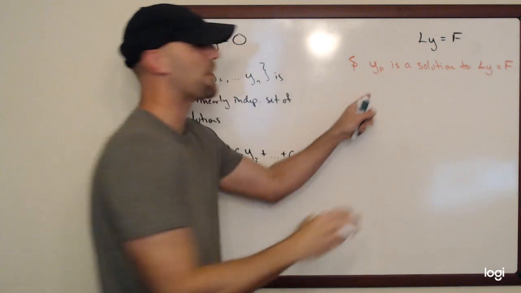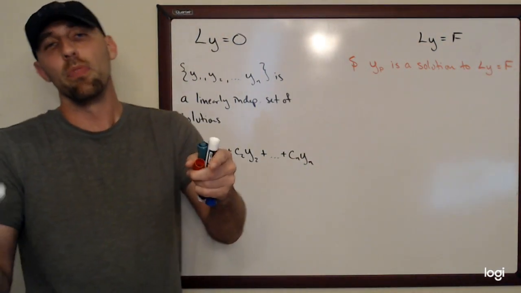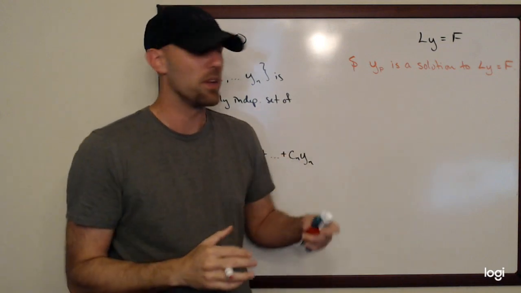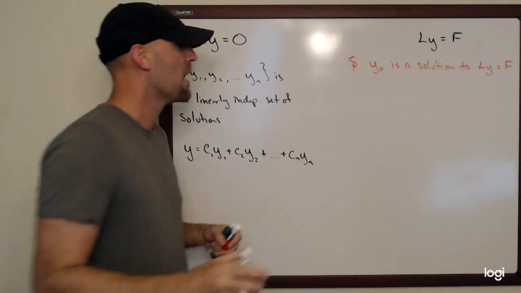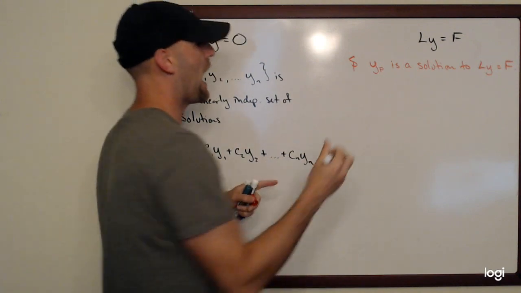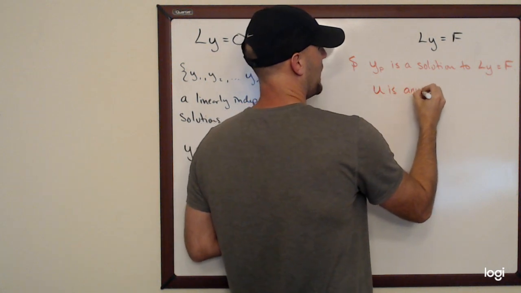So I found one, right? Maybe it was by trial and error. Maybe it was by the method of undetermined coefficients. We'll do that later on in this lecture. But again, suppose I found one of these, okay? And suppose further that I have, I'm going to say U is any solution